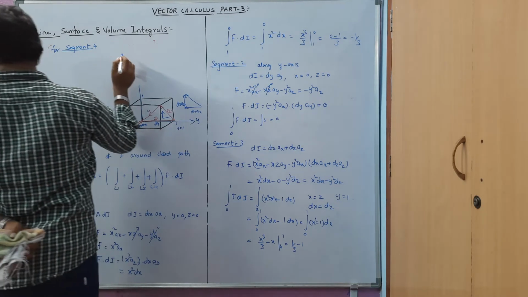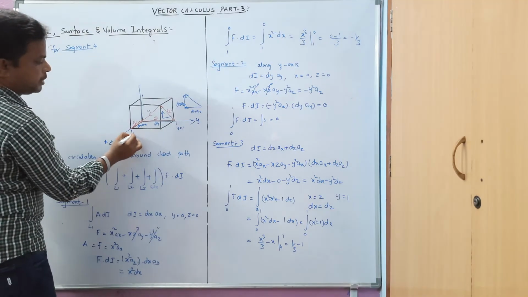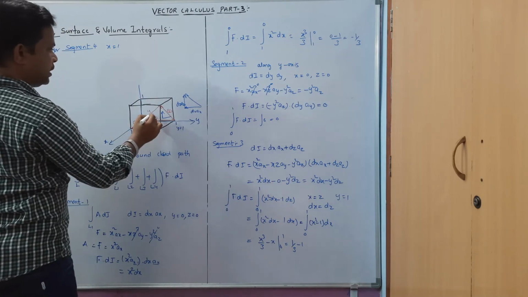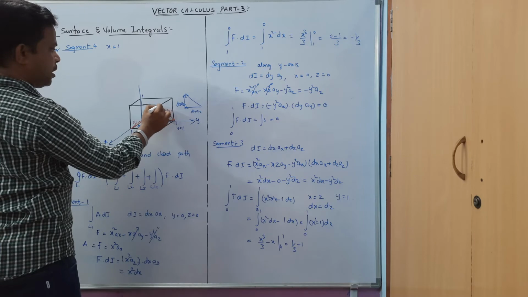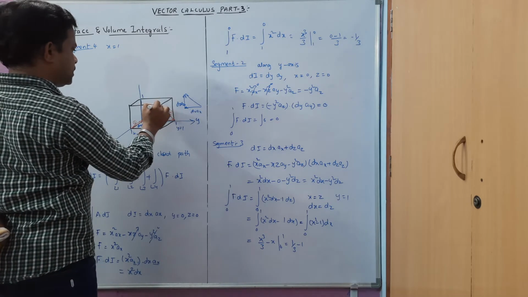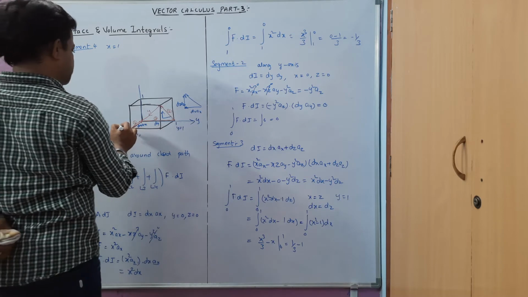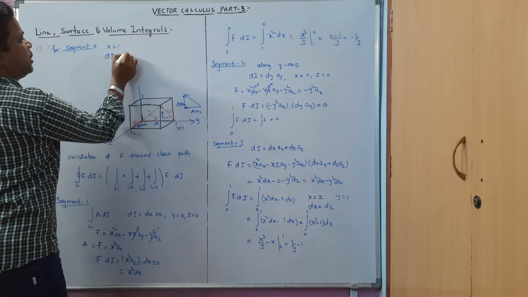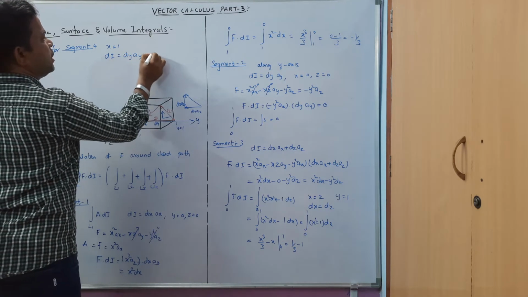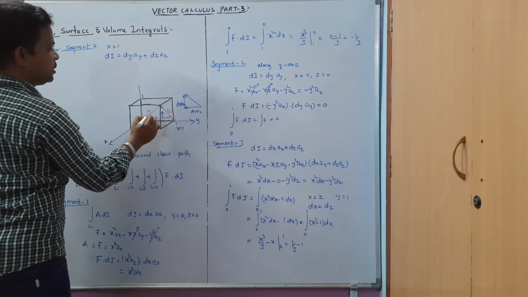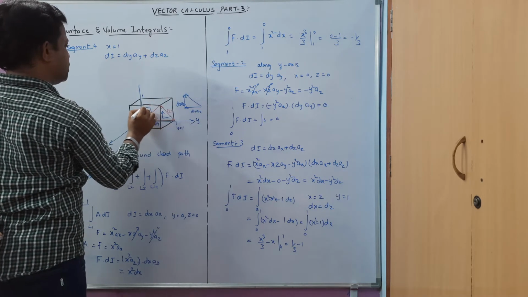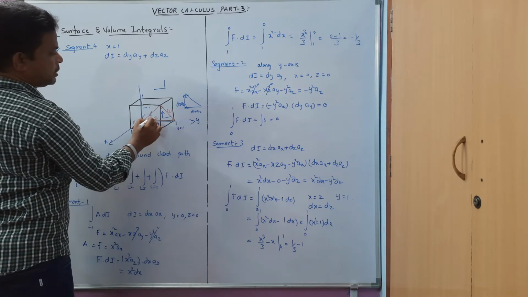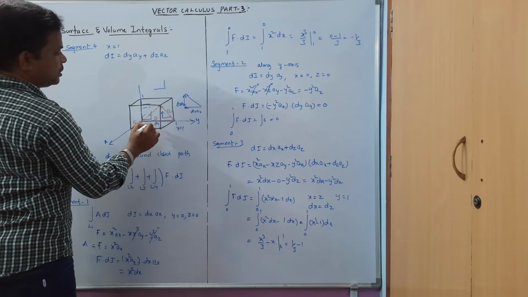here x is equal to 1. As we know, this value x is equal to 1 we have to take, and this component is resolving into two components. One is along the z, another one is along the y. So it is dy ay plus dz az. So this component is resolving like this, along this one and along this one. So it is resolving into two components, one along z and another one along the y direction.